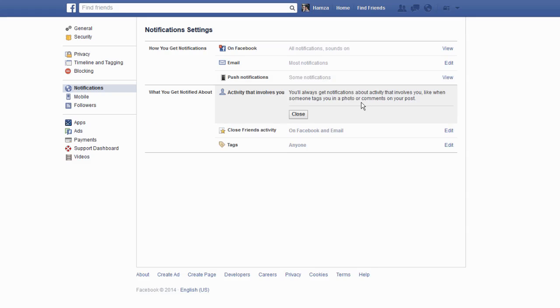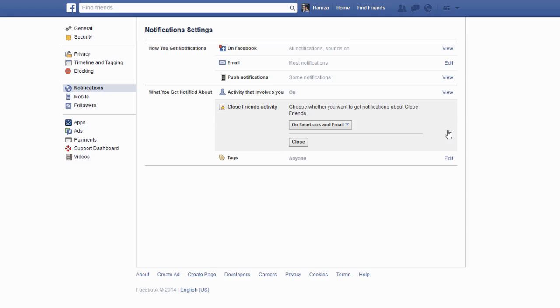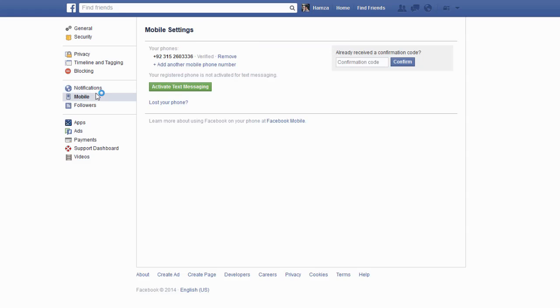Activity that involves you: here you will get all notifications that involve you, close friends' activities, and you will also get the notifications from your close friends, and who will be able to tag you, anyone. And then moving to the mobile section, here I have already added my mobile. If you want to add another, you can add another number from here, and then you can confirm that by entering the code. Moving on to followers,